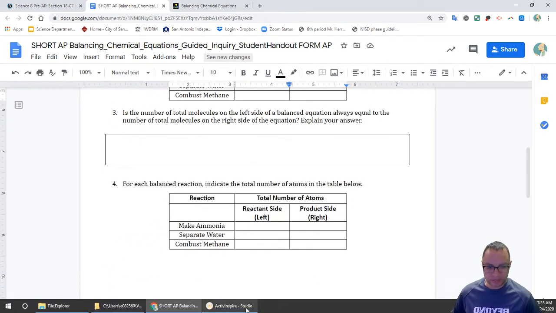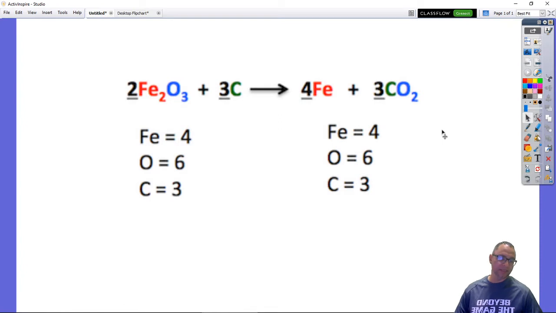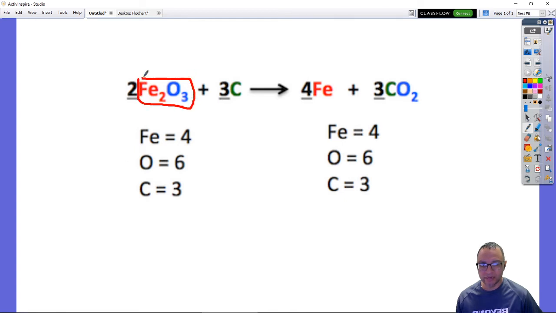So something I wanted to address that I was noticing as you guys were completing the assignment over the past couple of days. When you're looking at coefficients and subscripts, you have to look at both of them to accurately count the atoms. So you have to make sure that you're looking at both. One way I suggest is, if you have a coefficient of 2 or whatever your coefficient is, it might be easier if you just rewrite this compound. What I mean is this coefficient 2 means that there's actually 2 of this compound. So in order to see that, maybe do this, and you can rewrite the compound on top of it